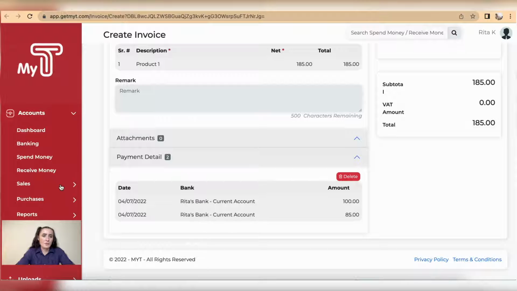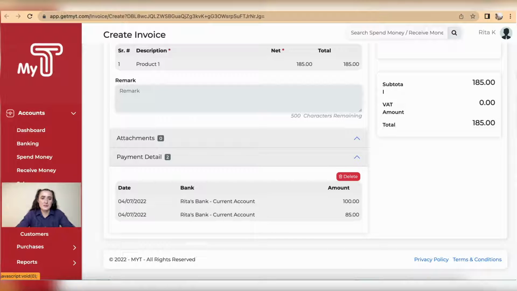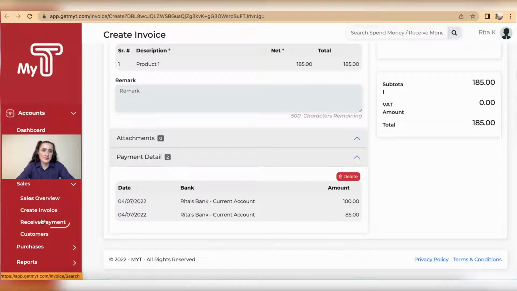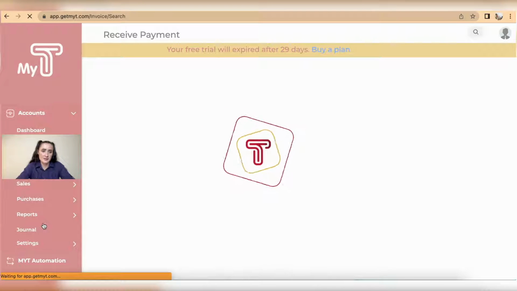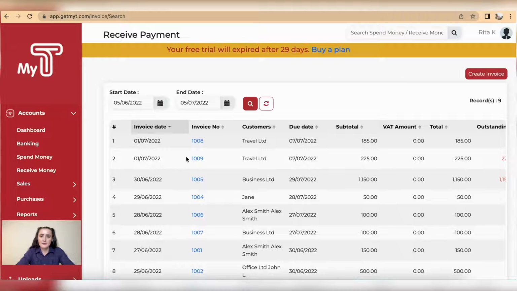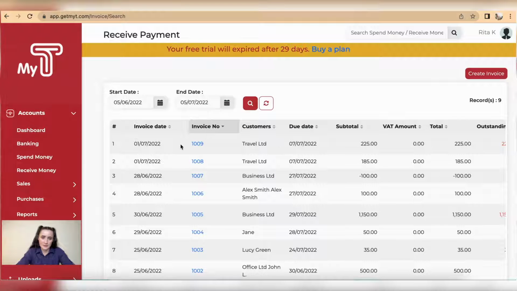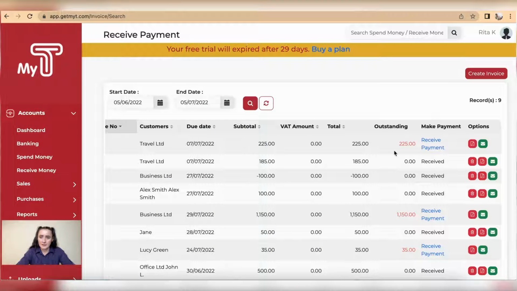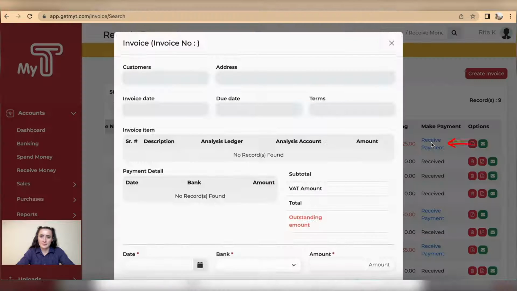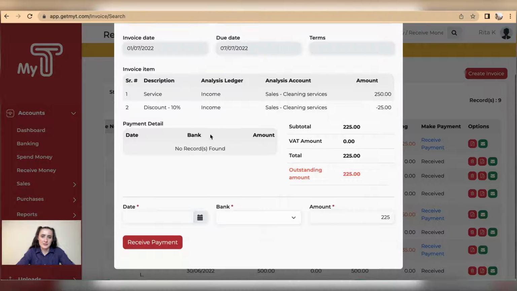Okay. The other way to mark invoices as paid is going through the receive payment section under sales. And here, for example, invoice number 1009 needs to receive payment. Click on receive payment, and you're presented with the same pop-up template as if you would go from the sales overview